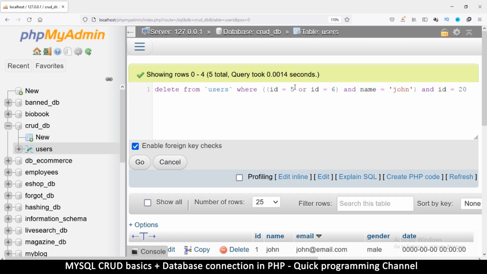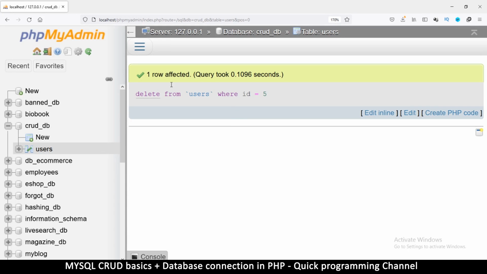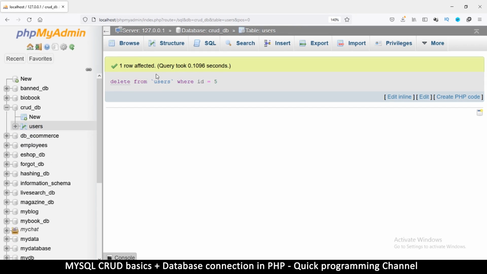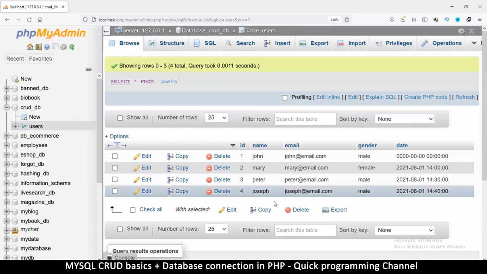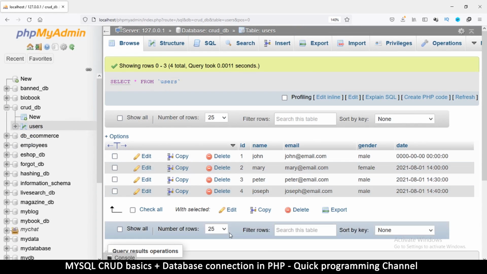But for now, we don't want all this, we just want to delete ID number 5. So where ID is equal to 5, go. Now, do you really want to execute a delete? Yes. One row affected. Okay, that's good. We just wanted to affect one row. So there we go. We have everything we need. So that's how you delete with